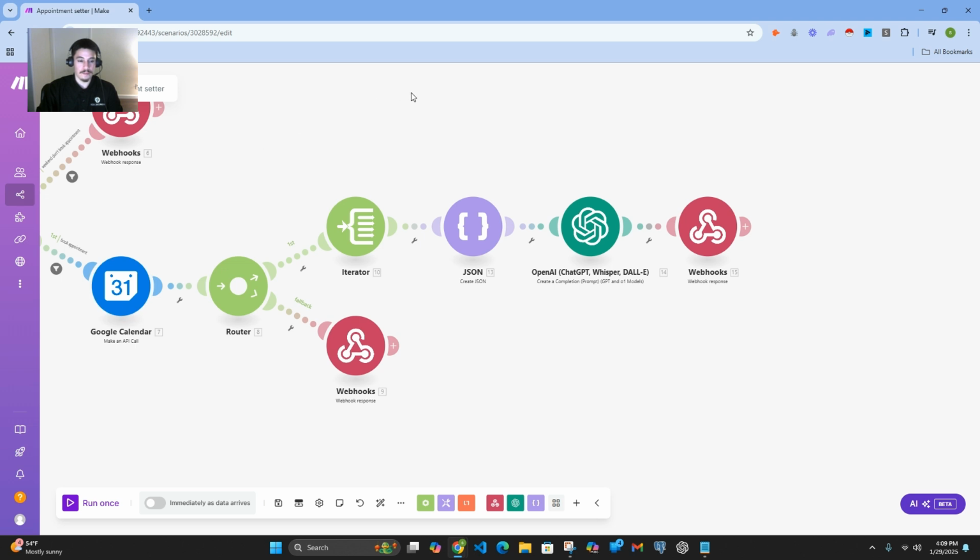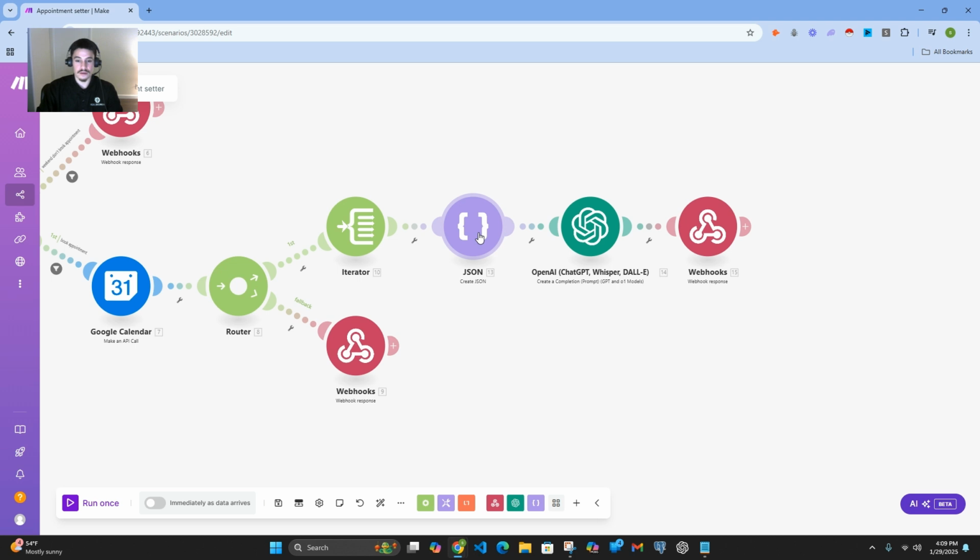Once you call it, an array is gonna come back and we're gonna process it in this module, the iterator. It's gonna go through each item in that list because an array is a list of items. Once we process that and we separate each item of that list,